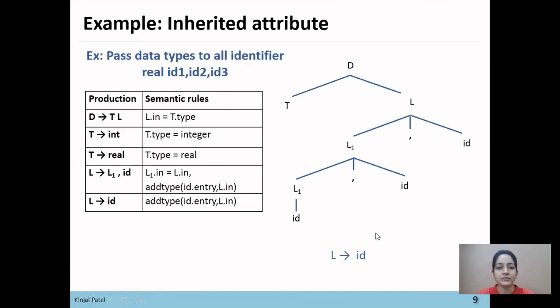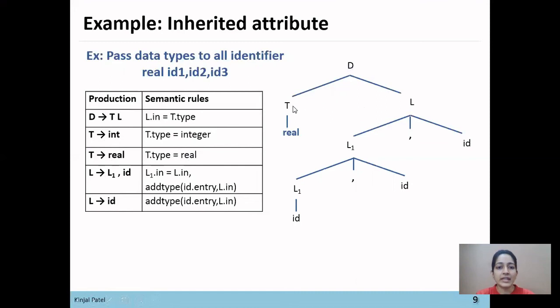Now from this T, we want to derive the type real. So we'll select T derives real and we'll replace T with real. Okay, so the parse tree has been constructed from the production rules. Now the next task is to assign the attributes to each non-terminal symbol.